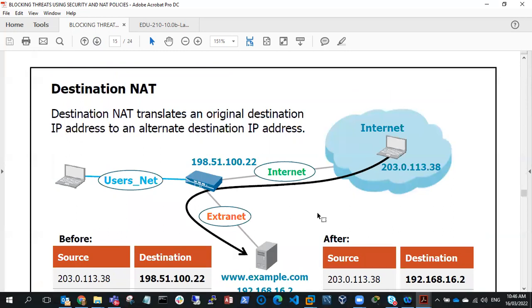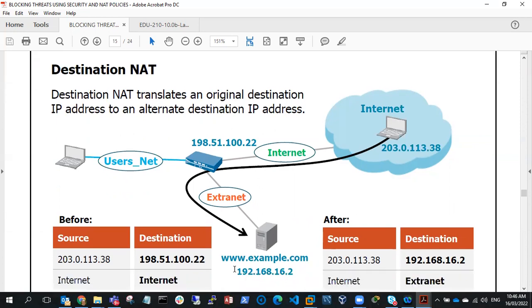So a classic example here is we've got our extranet. We've got our server, www.example.com. It has an internal IP address on our extranet zone. But we want to publish this on the internet, and we will do so using this IP address, which is the IP address given to us via our ISP. So that when a client on the internet wants to connect to our server, they'll use this as the IP address for